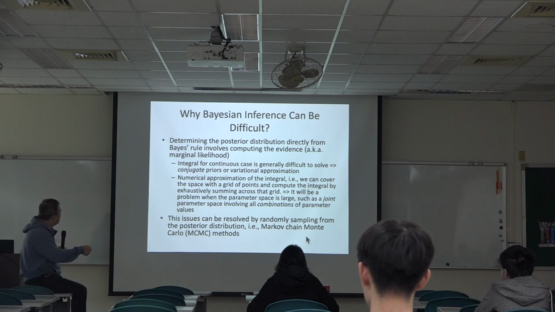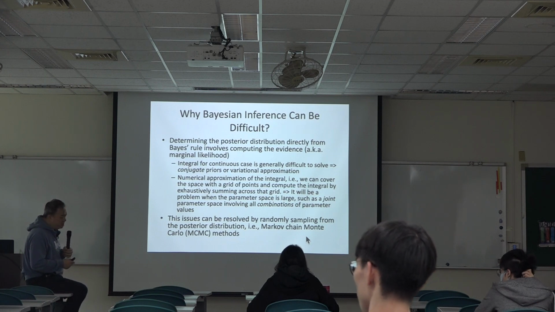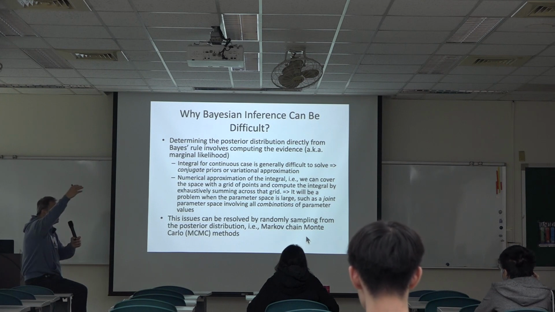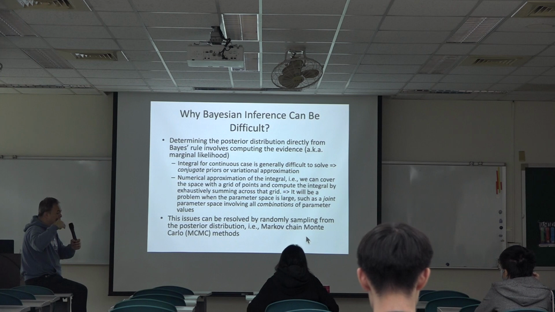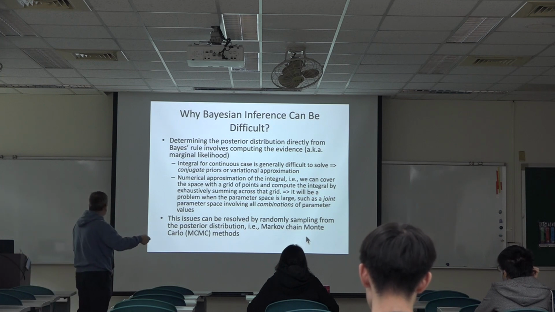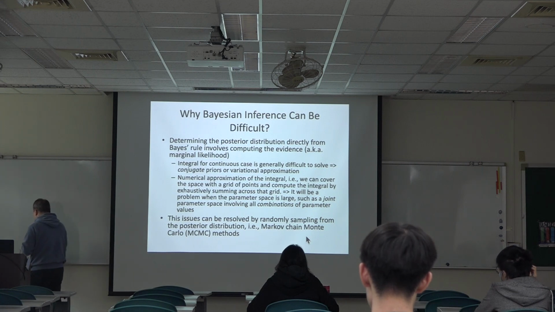It is because determining the posterior distribution is difficult. Remember when you do Bayesian inference, from the prior and the likelihood, you are using the data to derive your posterior, and there's an evidence term, which is actually very difficult to obtain,